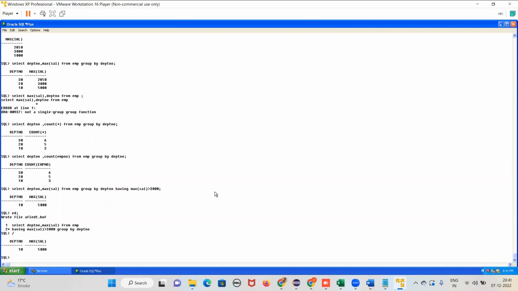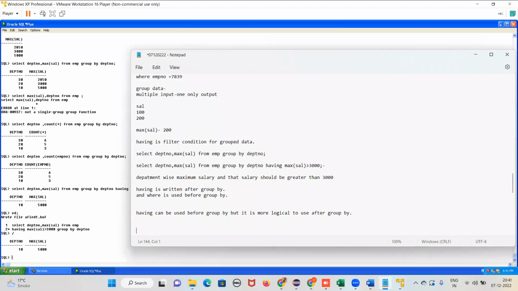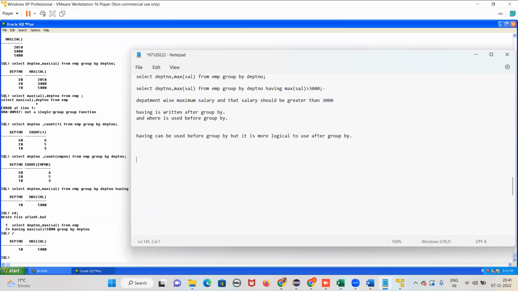Now I want department wise maximum salary, where the maximum salary should be greater than 2000, excluding department number 10. So what is the query, guys? It is a large query. If you write this query, you have understood everything. Now you have to tell me, write a query to find department wise maximum